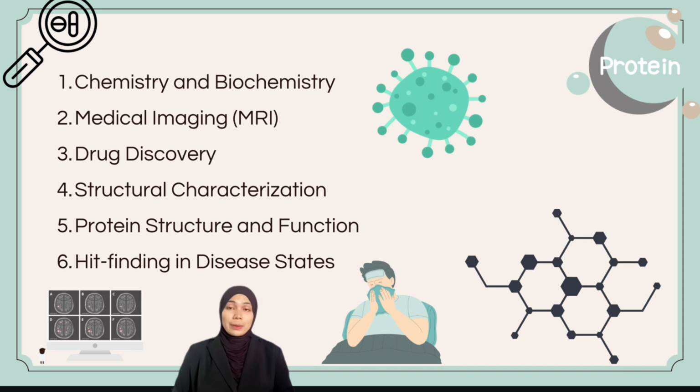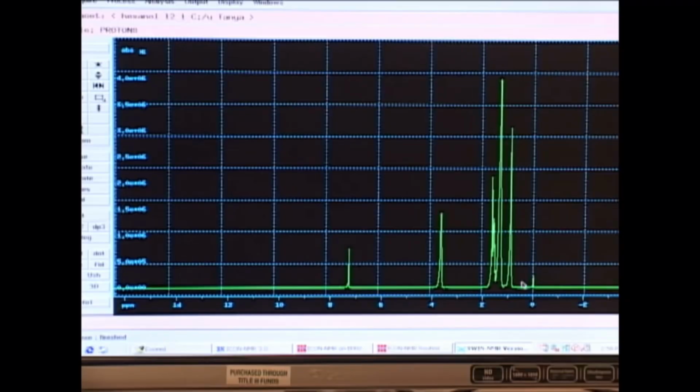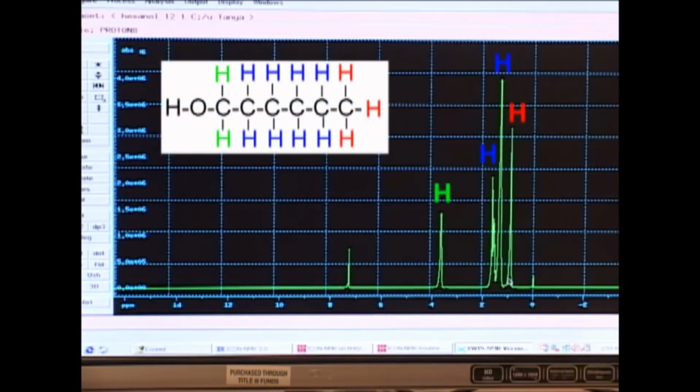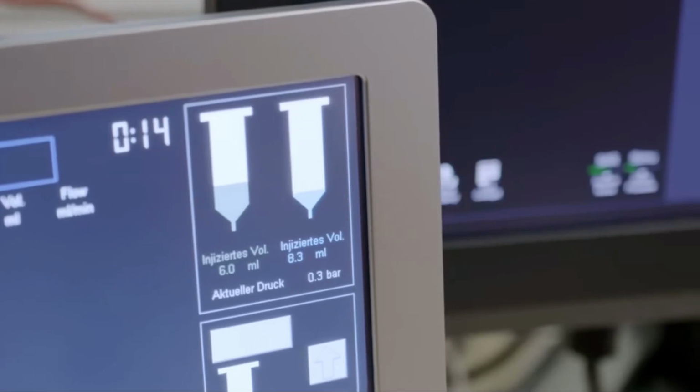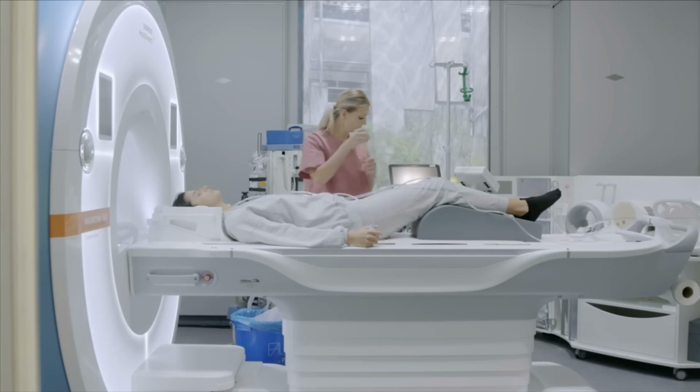Nuclear magnetic resonance spectroscopy is a versatile and powerful analytical technique with a wide range of applications. In the field of chemistry, it is used to determine molecular identity and structure, providing insights into the physical, chemical, and biological properties of matter. NMR forms the basis for magnetic resonance imaging, which is MRI, a non-invasive diagnostic tool used in medical